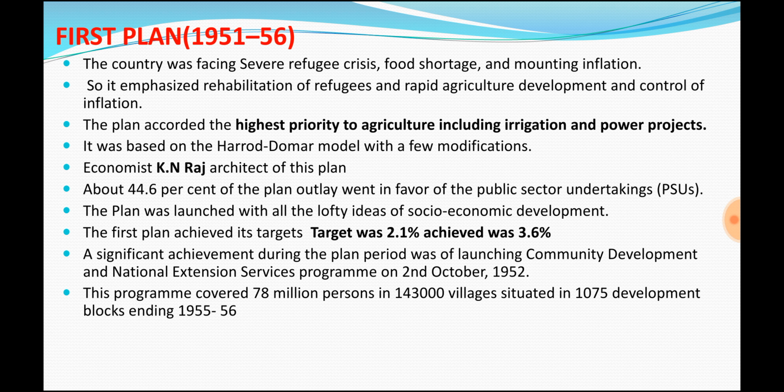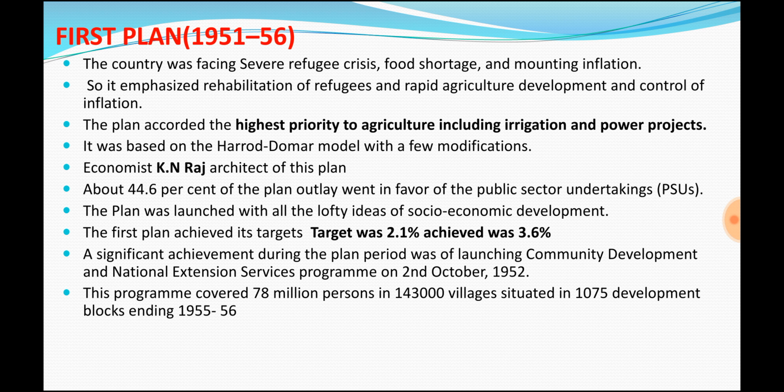So, it focused on these areas: rehabilitation of the refugees who were coming into India, rapid agricultural development, and control of inflation. This plan gave the highest priority to agriculture, irrigation and power projects, since India was facing food shortage. And this plan is said to be based on the